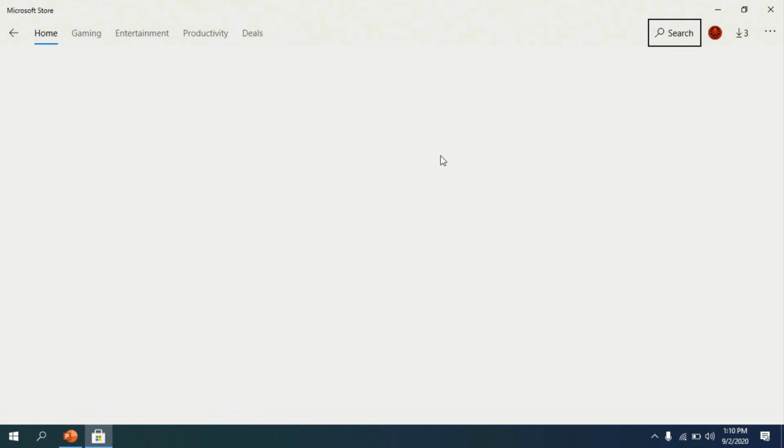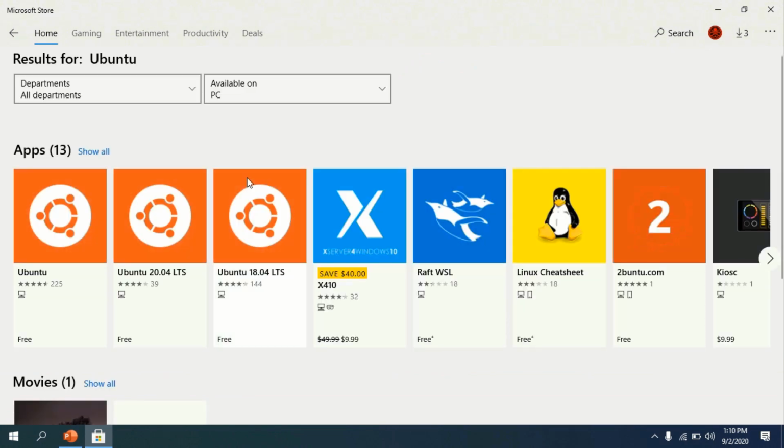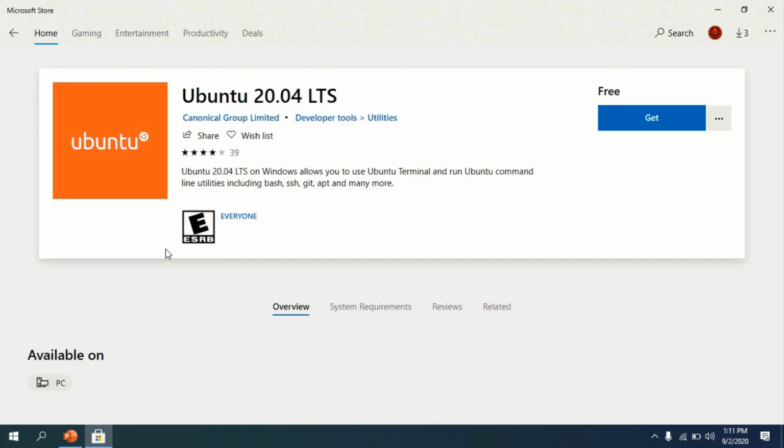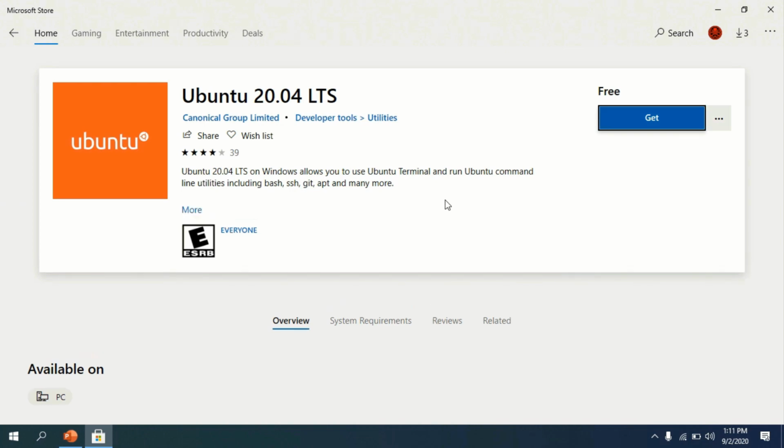It will show you the list of Ubuntu applications available. In this list, you will find Ubuntu 20.04 LTS. Click on the Ubuntu 20.04 LTS icon to start the process of installation. Click on the Get button to start the installation wizard.